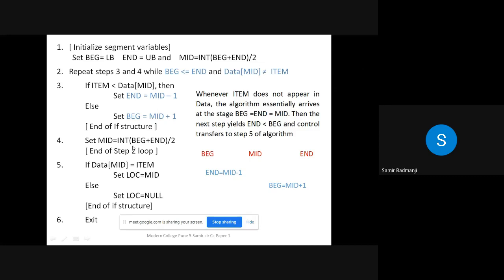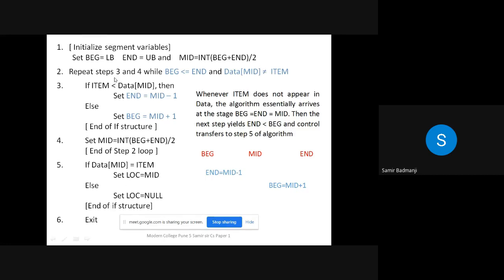To calculate it, beginning plus end, that means the first location and the last location, divided by 2. And when you write int, that means it is without decimal. Okay. So if the midpoint is equal to the item, that means if it is there in the search, then we set location equal to mid and we print that location. Else we set location equal to null.